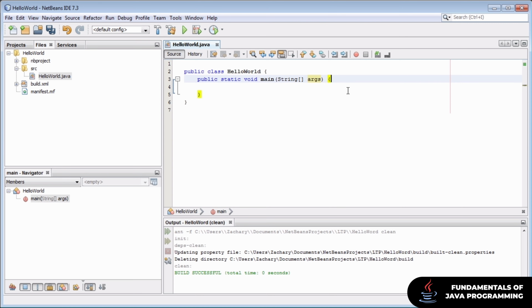These are followed by opening and closing brackets. One of the great things about working in an IDE is that it will highlight which brackets correspond to each other. The brackets allow us to place code within other areas of code. For example, our main method is contained within the Hello World class, and the Java code, which we're about to write and execute, is going to be contained in our main method. This line 4 right here, which currently contains nothing, will be where our program looks to start reading and executing